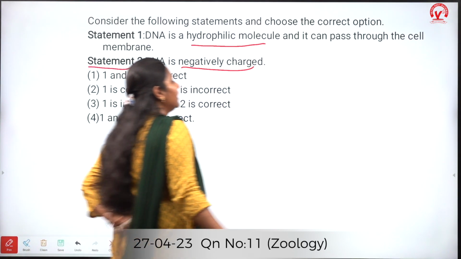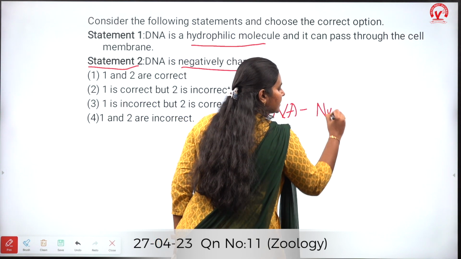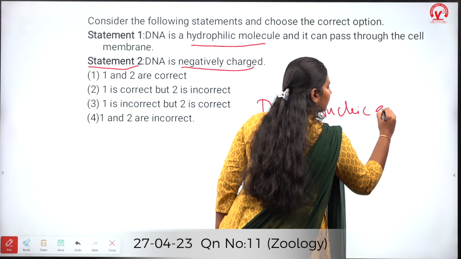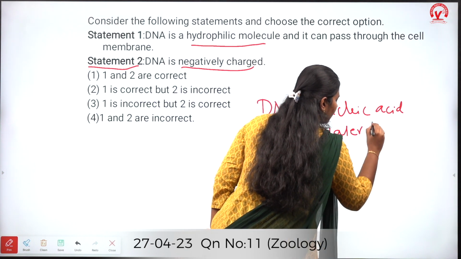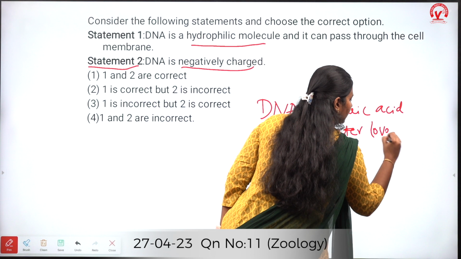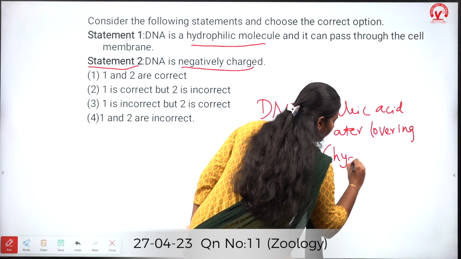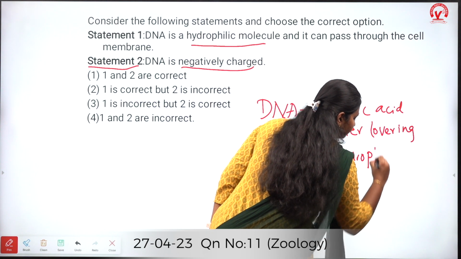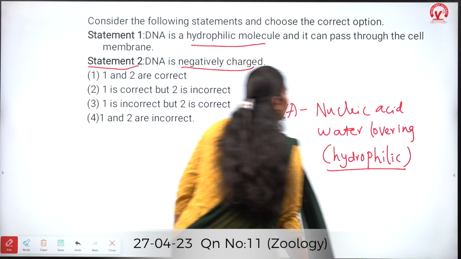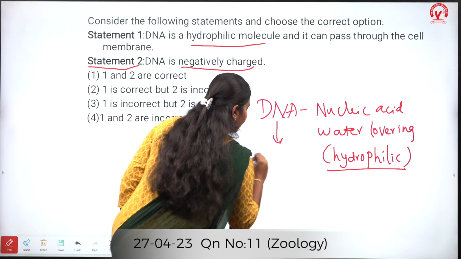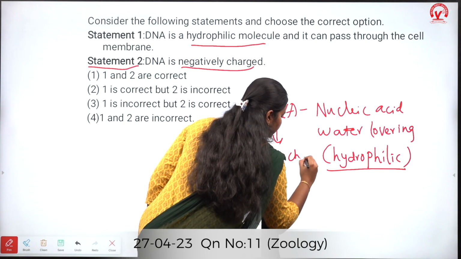Usually DNA is a nucleic acid which is water loving, hence it is called hydrophilic. Okay, usually this DNA is negatively charged,